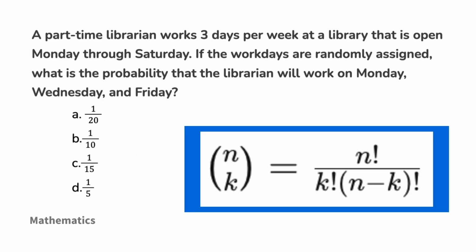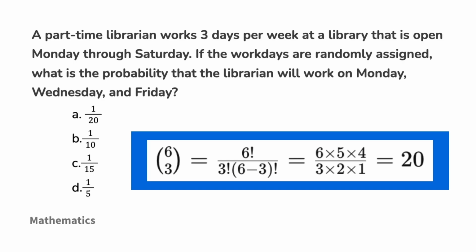So next, let's calculate the total ways to choose any 3 workdays. To do so, we'll use the combination formula to determine the total number of ways to choose 3 days out of 6. That formula looks like this. Note, if it's been a while, the exclamation point in the formula represents a factorial, which is used to multiply a series of descending natural numbers down to 1. So in this case, n is the total number of items to choose from, and k will be the number of items to choose. So plugging these numbers into the formula, you'll see that we get a number of 20,